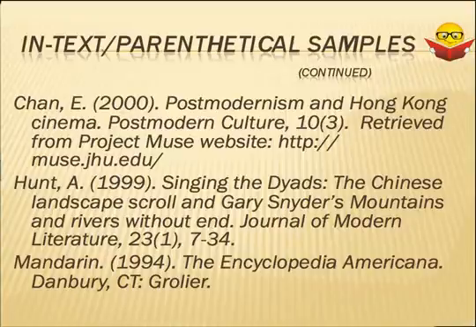I will keep my italics turned on and type the volume number. Number 10 here represents the volume number. I'm going to turn off my italics, not hit the space bar at all, and put in parentheses the issue number 3. I will follow that with a period. This was found online, so I'm going to say it's retrieved from. That phrase is very, very vital to APA with online sources. And then I provide Project Muse website, because it's just on that site, and then provide the web address.